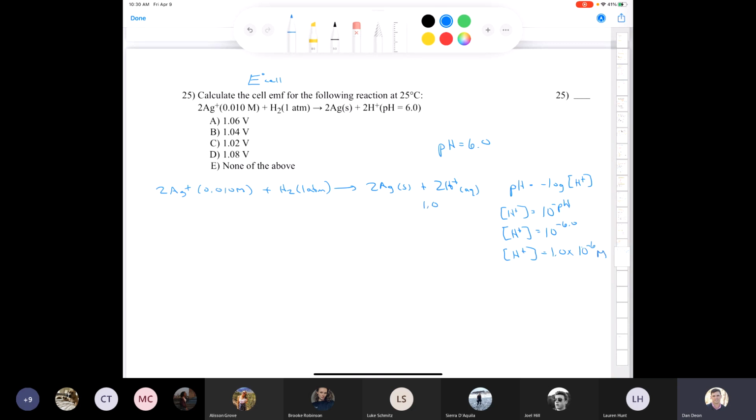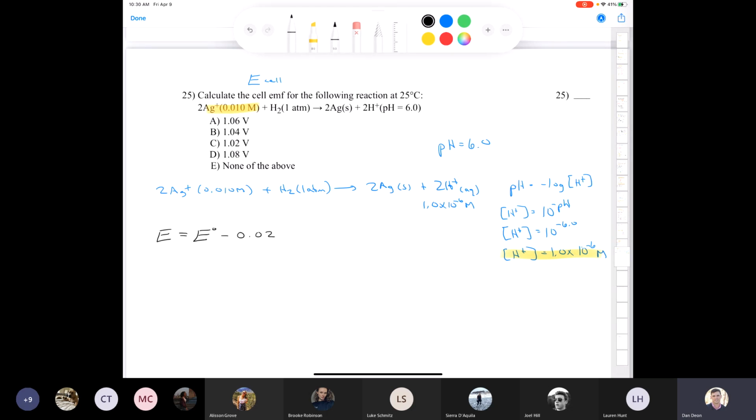So I can put that in here, 1.0 times 10 to the negative 6 molar. You can see that I'm not at a standard concentration for my hydrogen ions, or for my silver ions. So I'm not calculating E naught cell, am I? I'm going to be calculating the E of the cell, right? And I know that in order to calculate the E of the cell, I need the standard cell potential, subtract